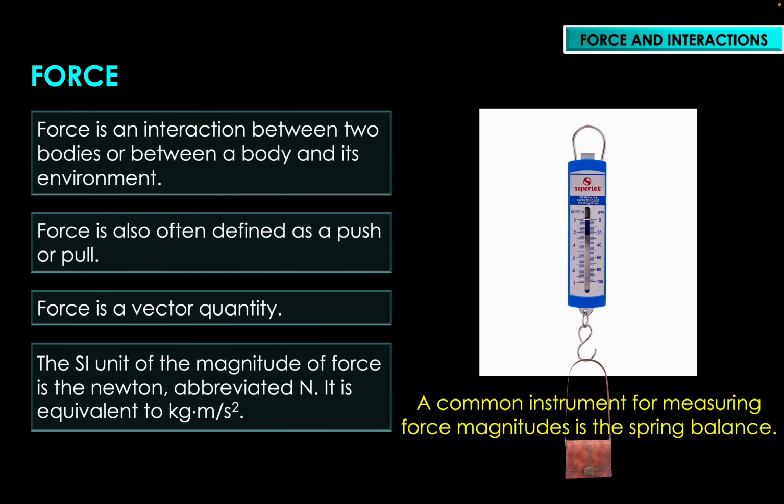say for example, you hang a handbag on it, and let's say it reads 6 newtons, for example, it means that the gravity of the earth pulls the handbag downward with a 6 newton magnitude of force. As a result, the handbag is actually pulling this instrument as well with a 6 newton force, which is technically